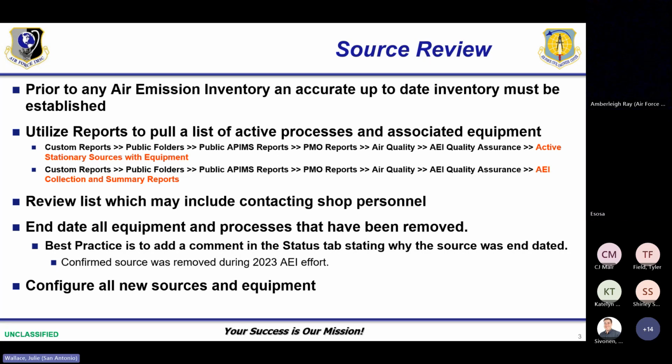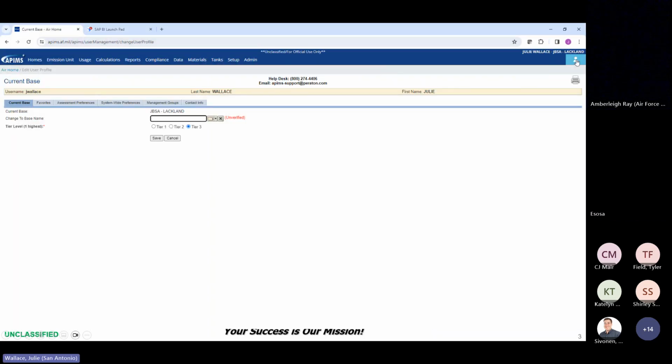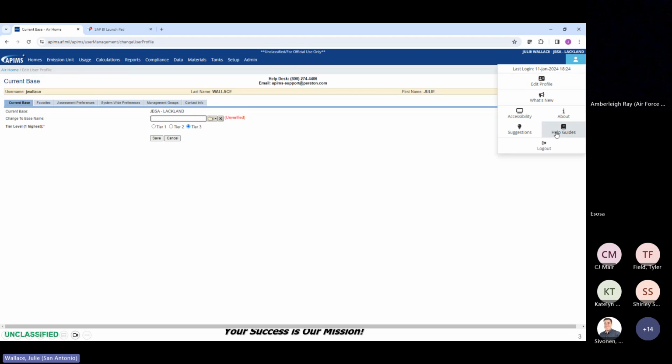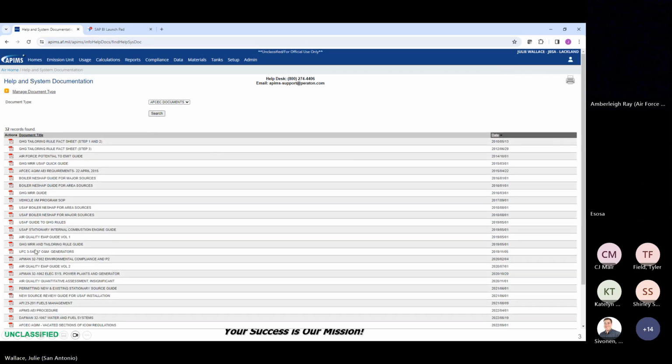And then once again, configure all your new sources and equipment. Now, if you have questions on how to configure new sources and equipment, there are a lot of resources out there. There's the APIMS AEI procedure guide. So I'm just going to show you where that is real quick. If you come up here to help and system documentation, so help guides, and if you go to AFCEC documents, there is, let me see if I can find it, the APIMS AEI procedure guide. It's going to walk you step-by-step through how to create a new